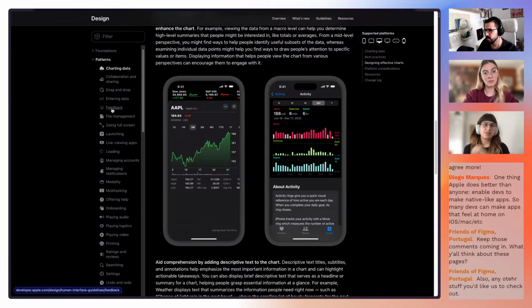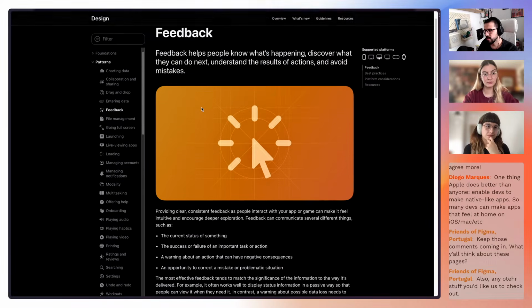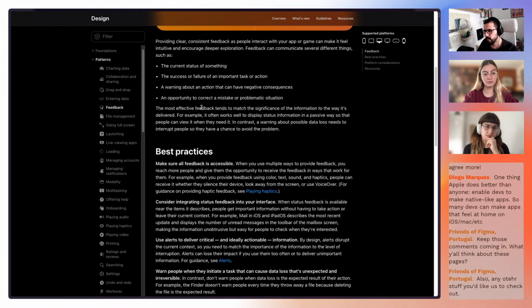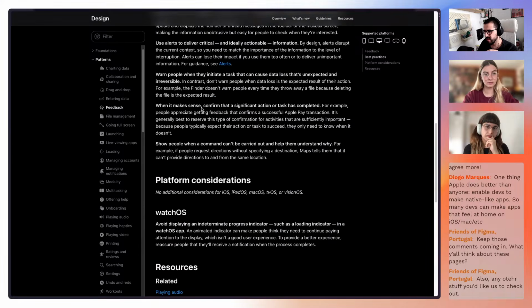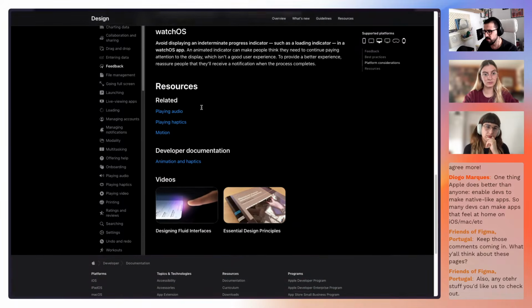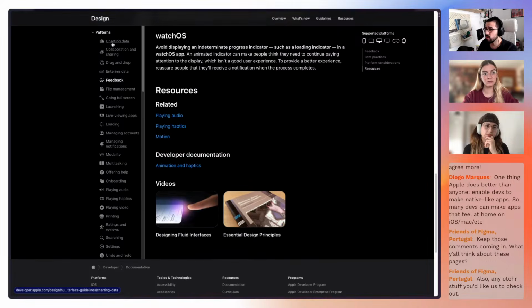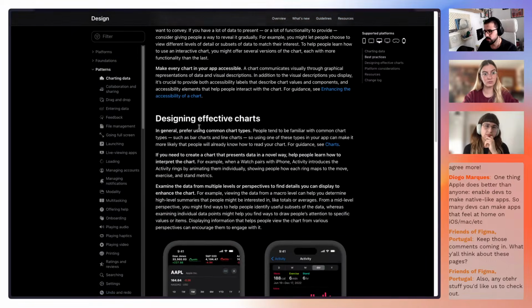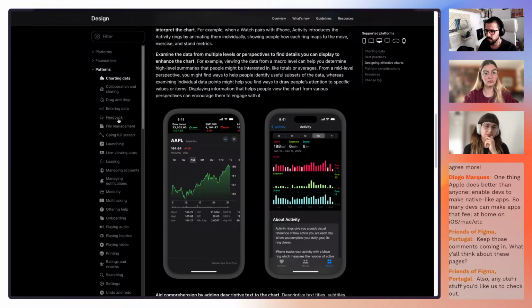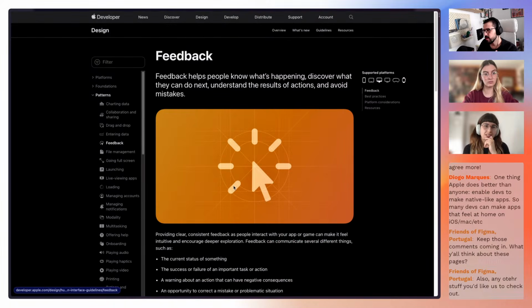And that's why maybe there's too much narrative. The content that you're looking for here tells you more about the details about patterns, but they can be overly descriptive on things like feedback, but they do have some things like videos and other related resources that might help. But yeah, for example, the data one comes with an example because it's easy to talk about showing charts, but the moment about feedback,